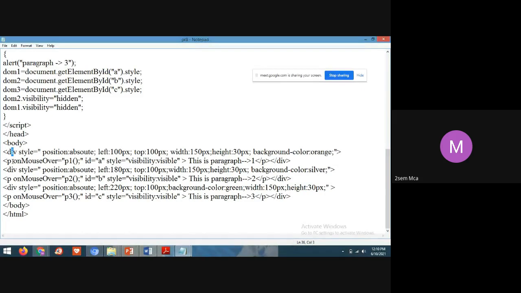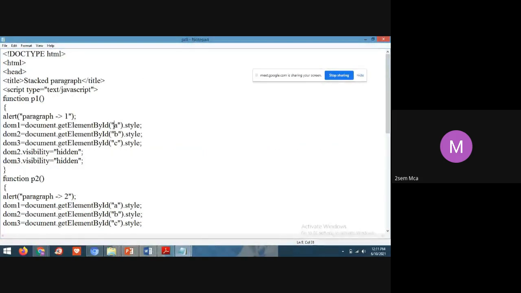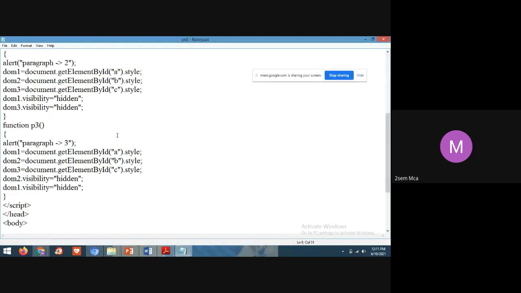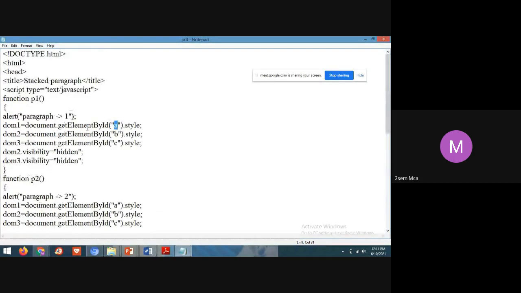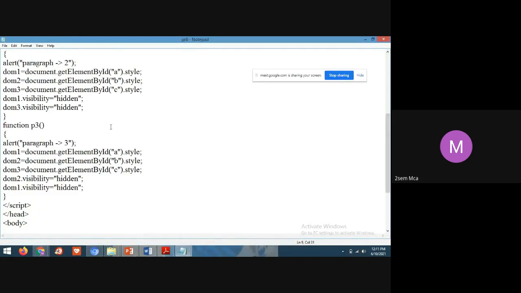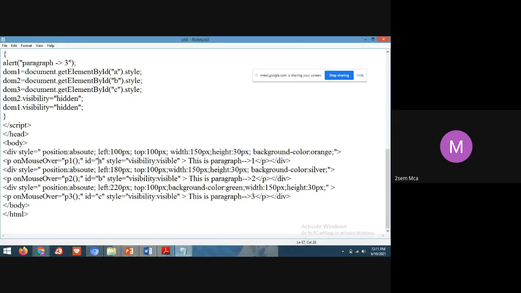On mouse over, when you put your mouse pointer on P1, that is paragraph 1, see the ID is A. For the first paragraph, this ID will be called here. Here we are calling document.getElementById. What I have written in A is style visibility visible, and it will display the information, this is paragraph 1.